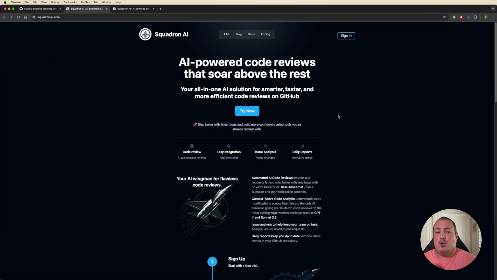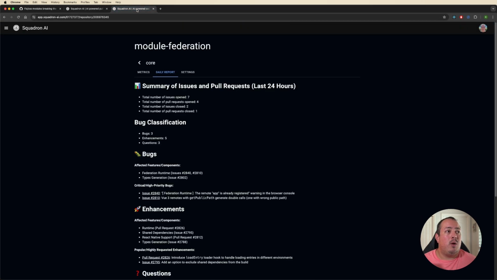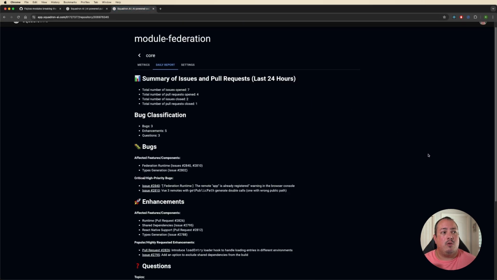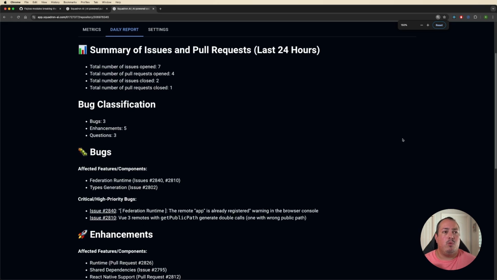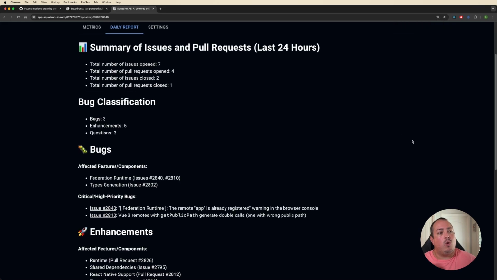So again, some of the cool features here that I've showed you, I will leave off here with one of the daily reports, and this is just an example from one of the repositories using Squadron. This is an open source repository. It's not a repository that's private or anything like that. And this is really helpful because this particular repository is using GitHub, right? They're using GitHub issues. Things are tagged in the various pull requests, and they're working against these issues in their